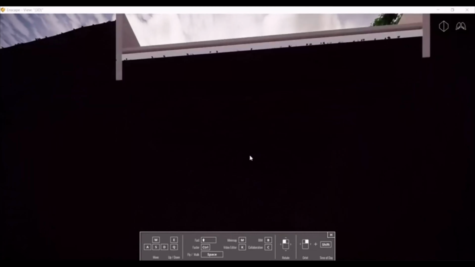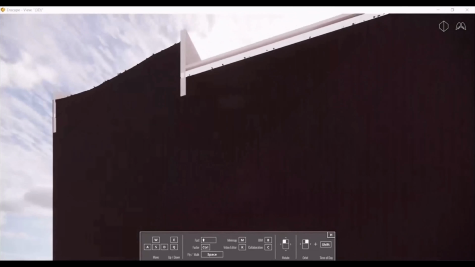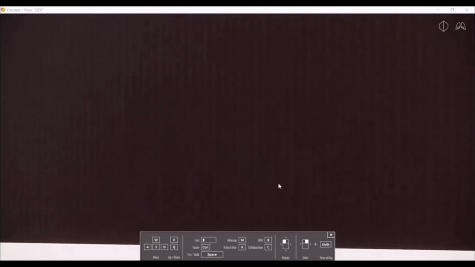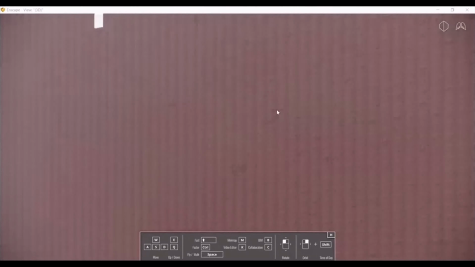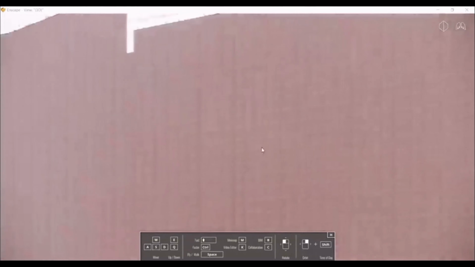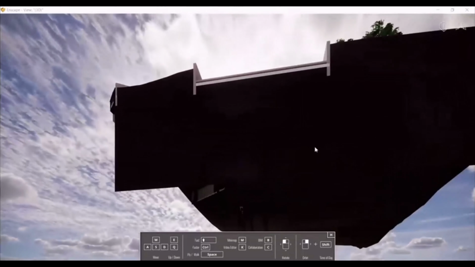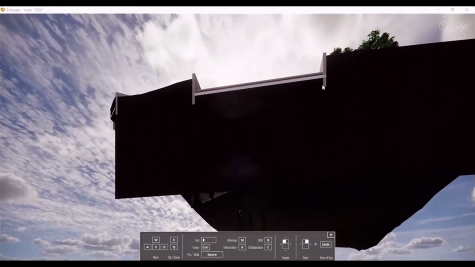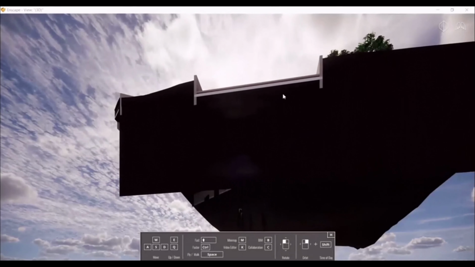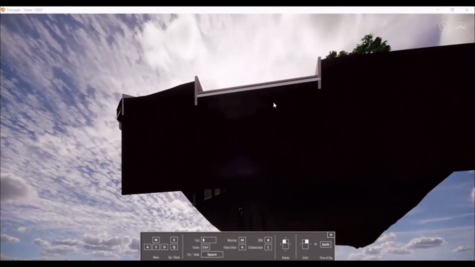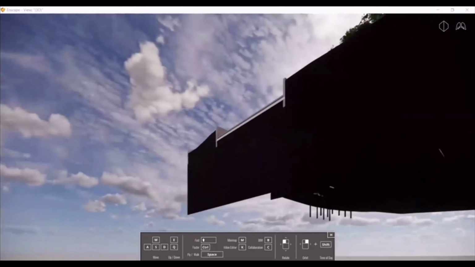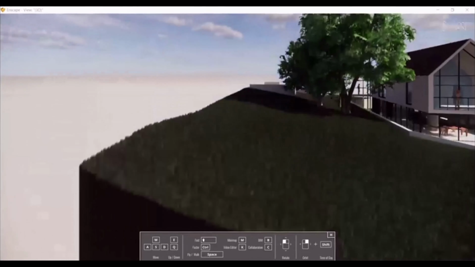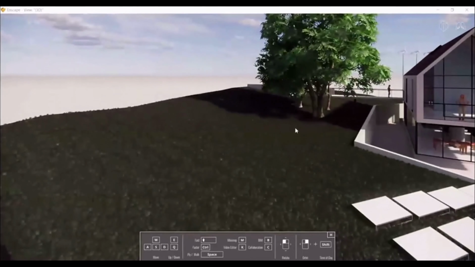And again, if you press the space button, you switch into walk mode and you are generally walking. Generally we walk more on the ground. Okay, so there you can see. Again, if you press the space bar, you can switch it. If you want to orbit around, hold your mouse right key and orbit around.